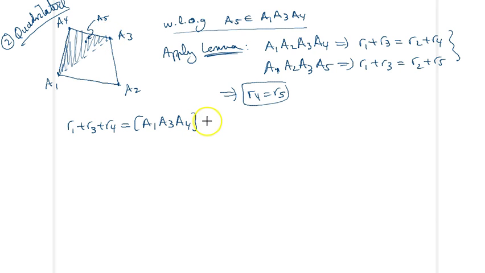But then obviously this triangle has area greater than A1, A3, A5, because A5 is strictly inside of triangle A1, A3, A4, so the area of A1, A3, A5 will be strictly less than A1, A3, A4. And now we can conclude, because this area is simply R1 plus R3 plus R5,